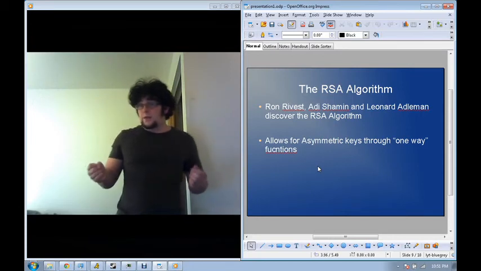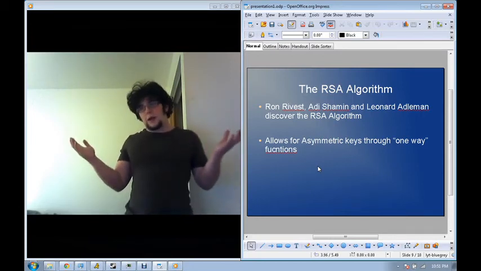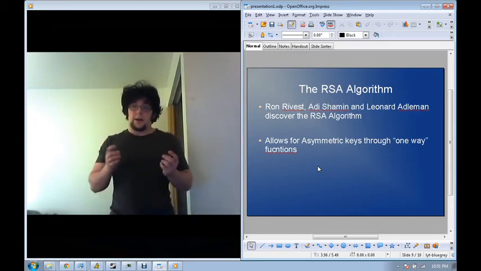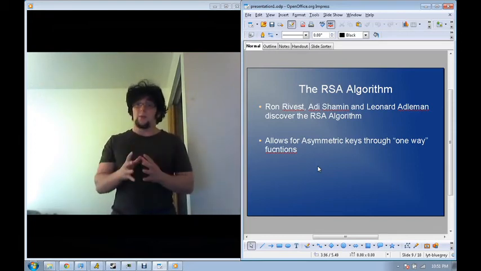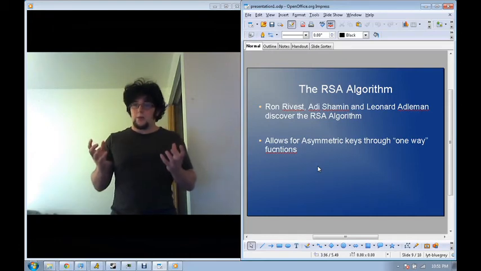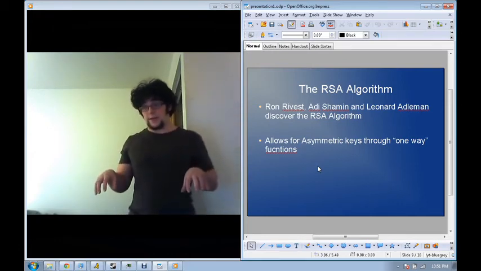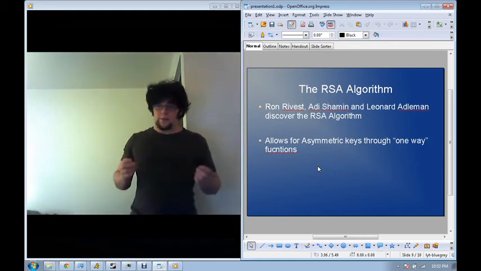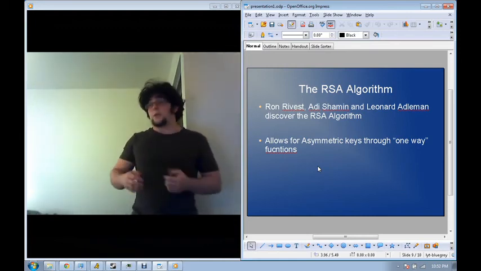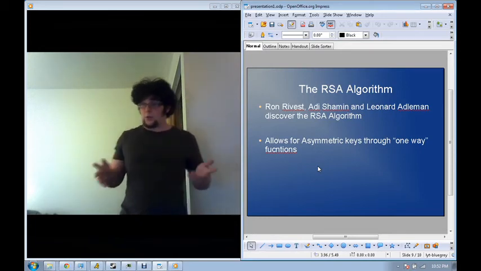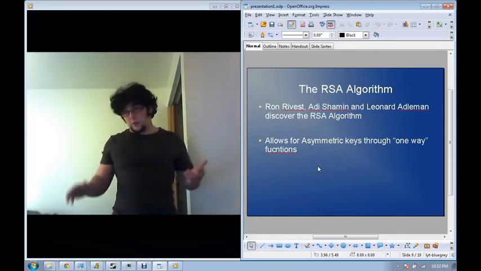And the way these keys are generated is by taking two huge prime numbers and multiplying them together. And the idea is that it's computationally very easy to multiply these two huge prime numbers, but factoring them into their two original prime numbers is very, very computationally intense and takes computers a very, very long time. And you can increase the size of the prime numbers that you're multiplying arbitrarily, to make the computers take an arbitrarily long time.